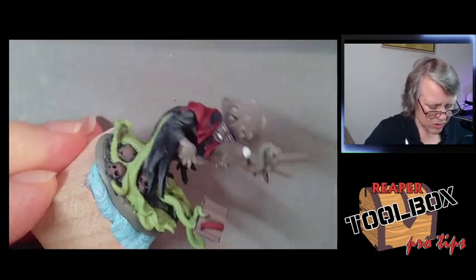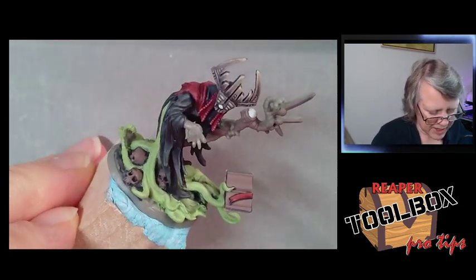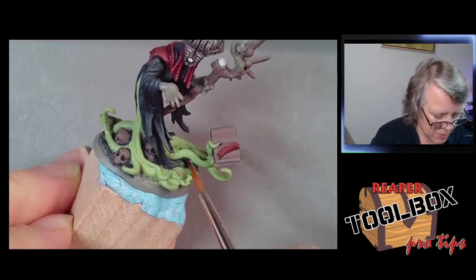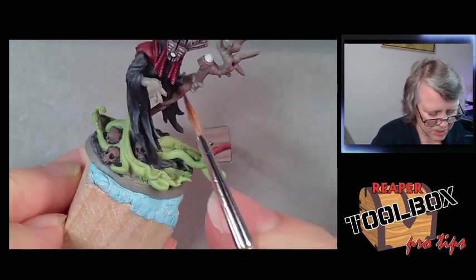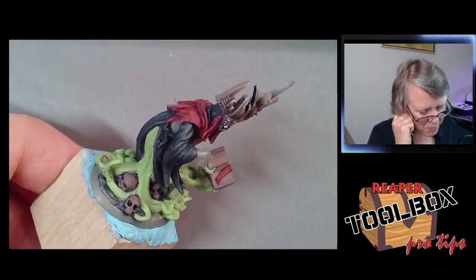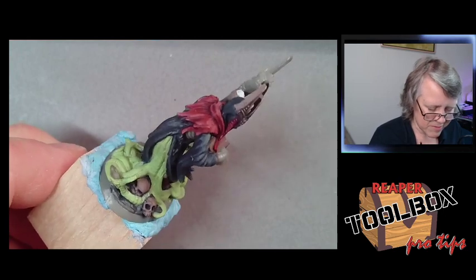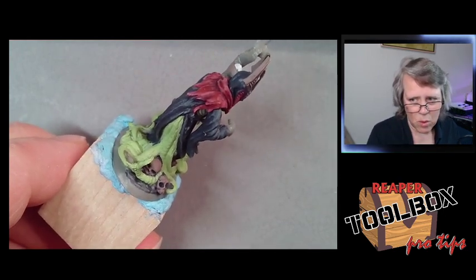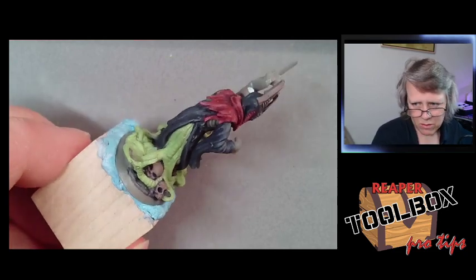I'll do some texture on these tentacles because I can. They're big enough that I feel like I can. And I can make them have little sections on them, just like up here. Actually, we just did texture on the handle of Lizette's sword. I just suggested a bit of cord texture there. So...